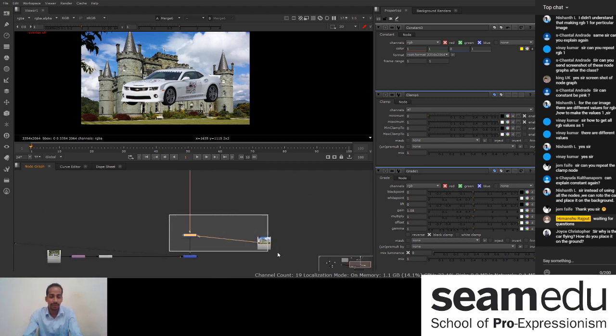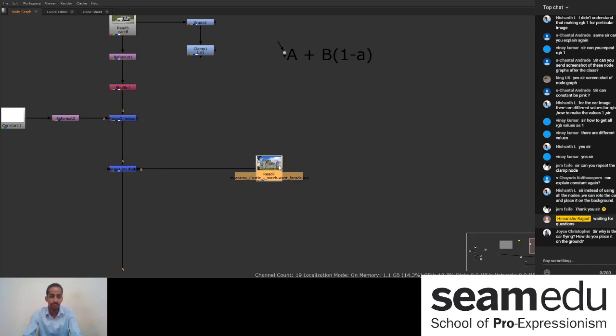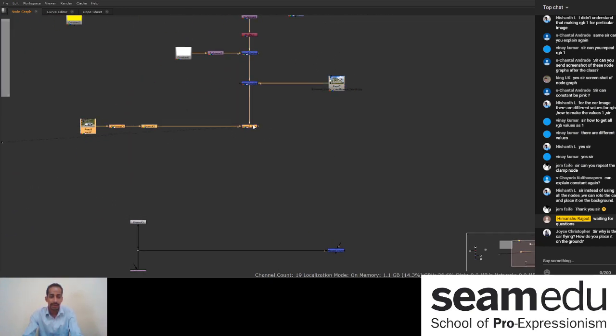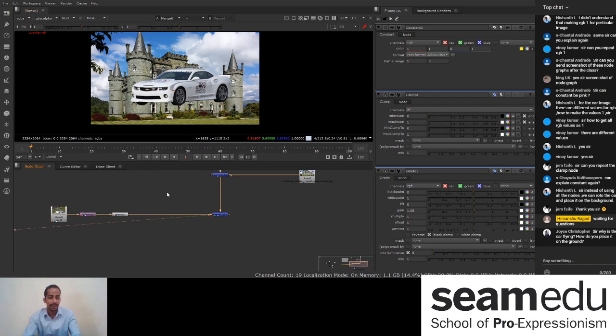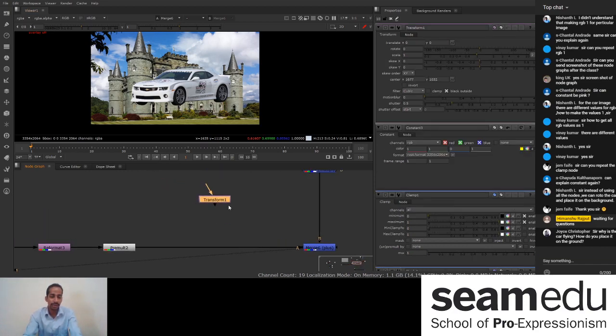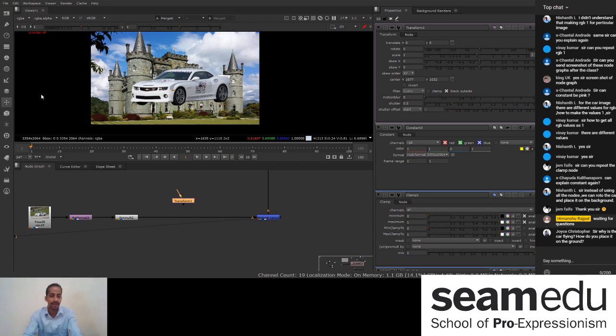So speaking of our own output, this is the output we got, and this is the car. What we see is the car is flying. What we will do is use a transform node. The shortcut is T, the first letter of transform. You can find the transform node in the menu, and here it is. When you add the transform node and connect, you will actually get controls to transform. But why am I not able to see any transform controls? The reason is